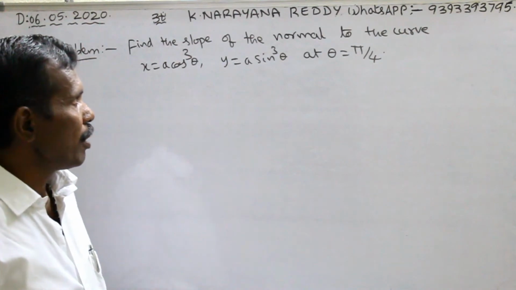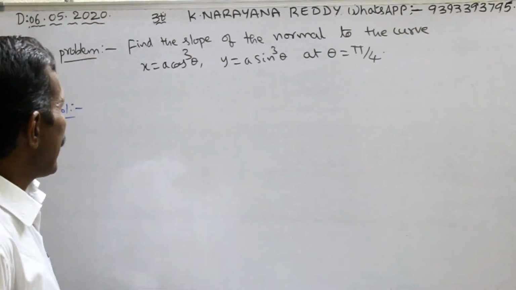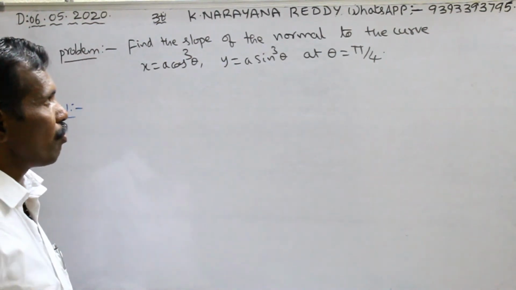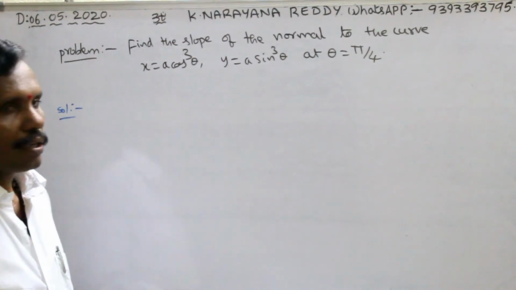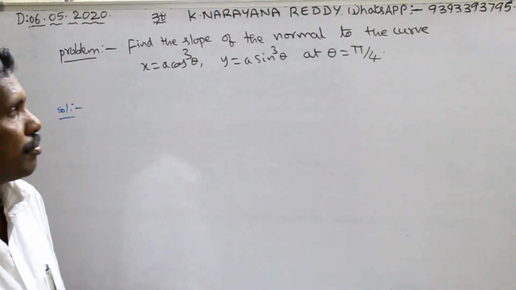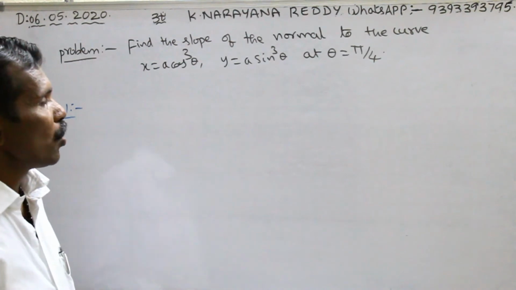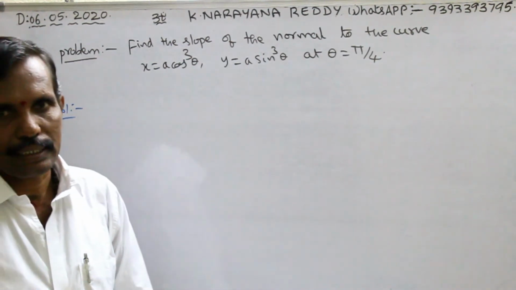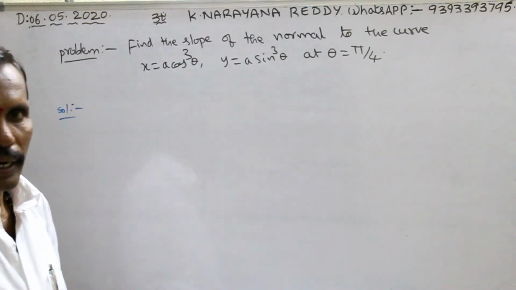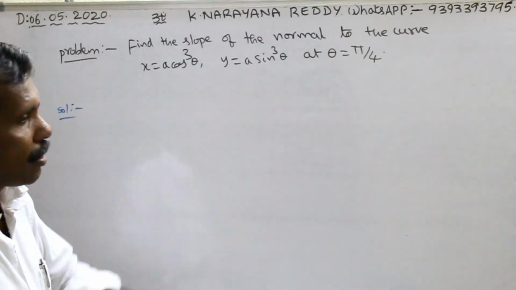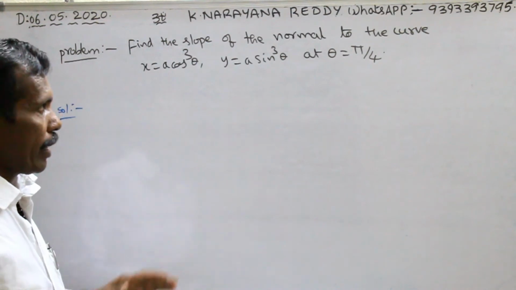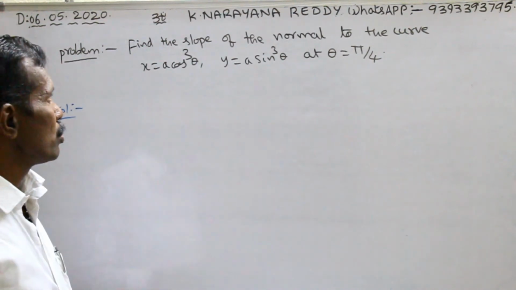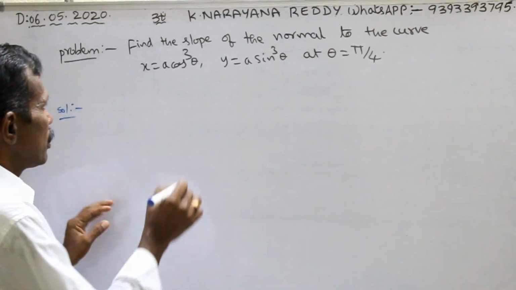Find the slope of the normal to the curve x equal to a cos cube theta, y equal to a sin cube theta at theta equal to pi by 4. See here how to find this. First we want dy by dx, that is the slope of the tangent, and from it the slope of the normal, okay. How to find that? First we can find,